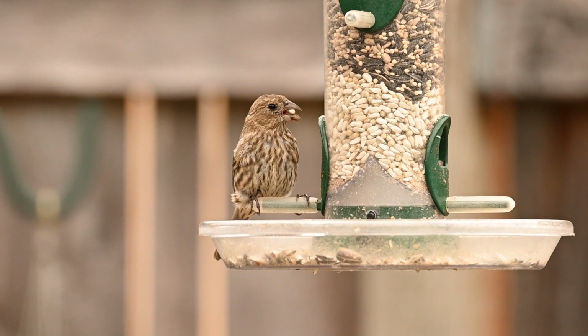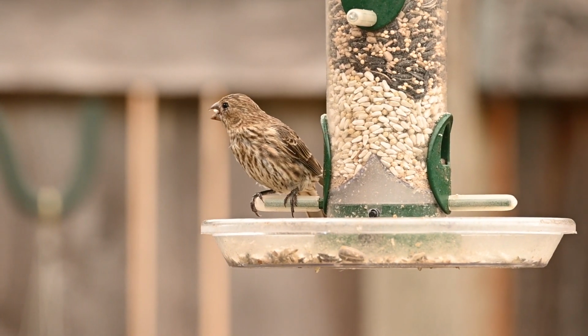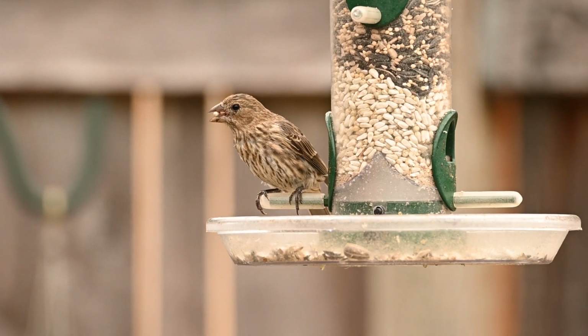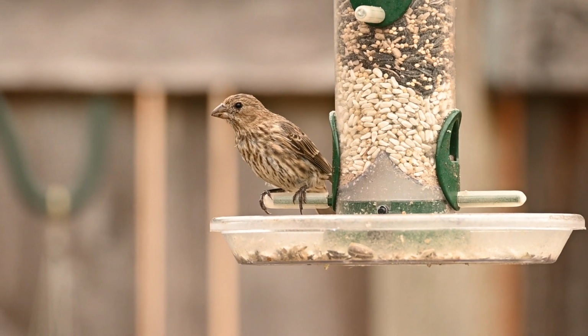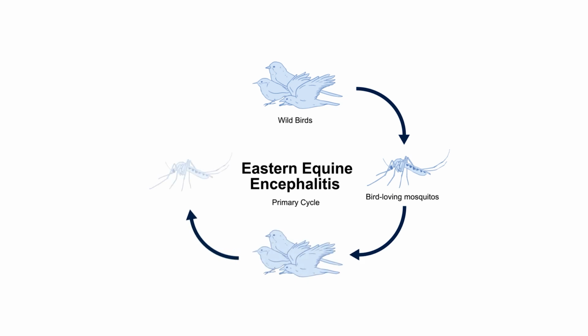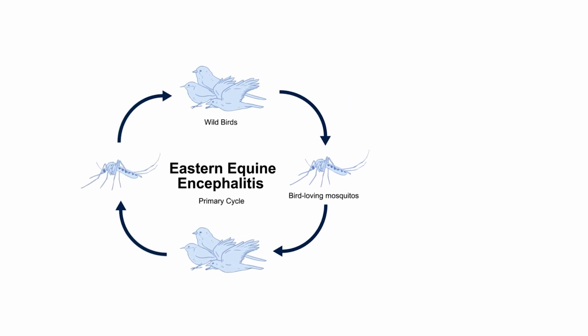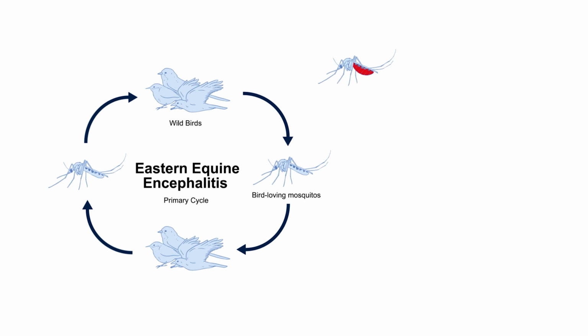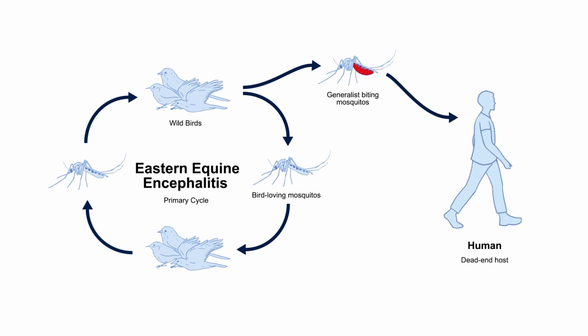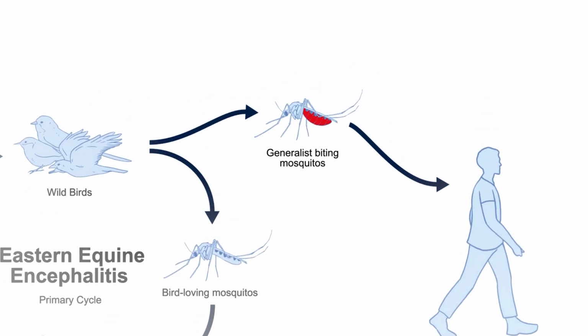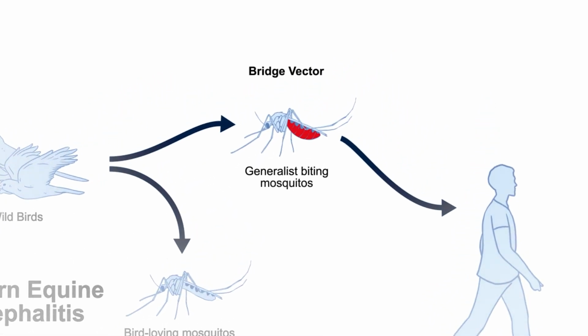Another vector-borne disease is Eastern equine encephalitis. Like West Nile virus, this is caused by a virus that is naturally found in songbird populations. Eastern equine encephalitis virus is transmitted from bird to bird by a mosquito species that prefers to bite birds. However, sometimes another mosquito species that is less picky, or a generalist, may feed on an infected bird. This mosquito may then feed on a human and infect that person and cause illness. This mosquito species is called a bridge vector because it moves the pathogen from birds to humans like a bridge